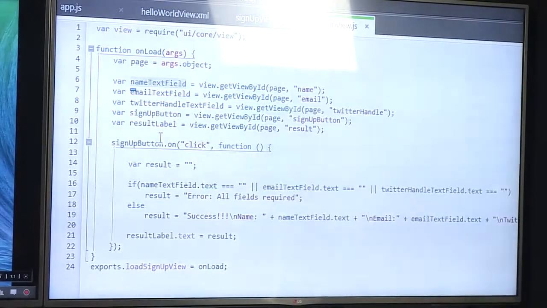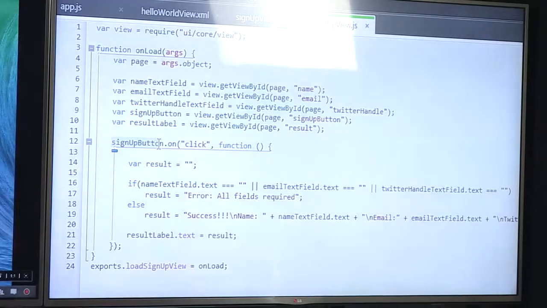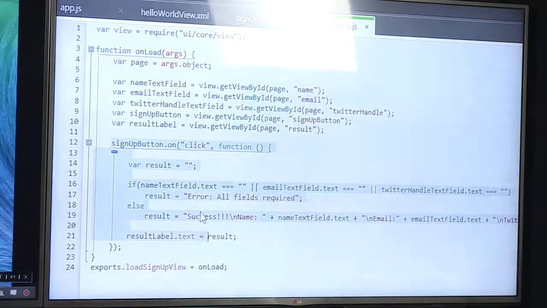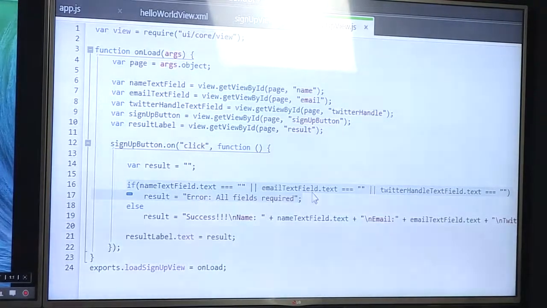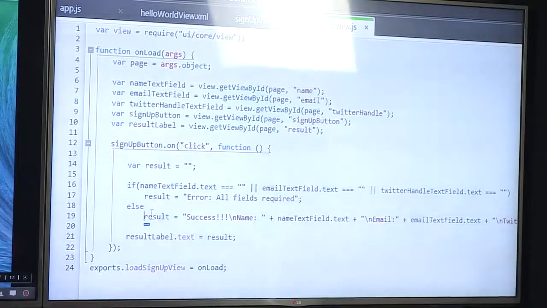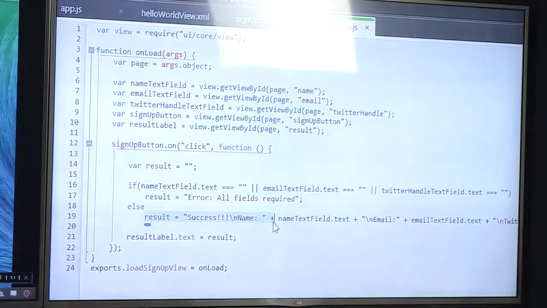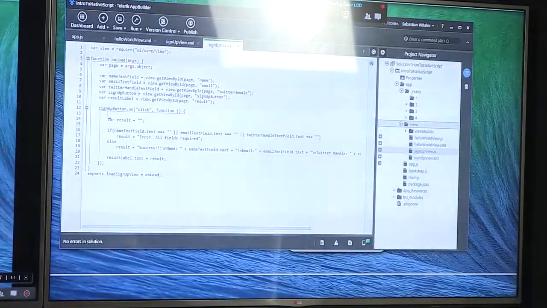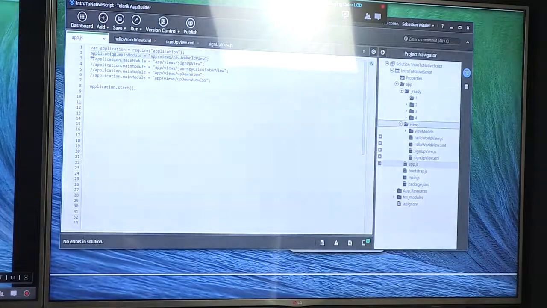And then basically I take my sign up button object and I'm adding an on-click event. So on-click the first thing I do, I check, are all of the details entered? If no, throw an error. If it's successful, then say success and then print out the whole message. It's really simple. So what I can do now from my application, in order to enable that piece of code,